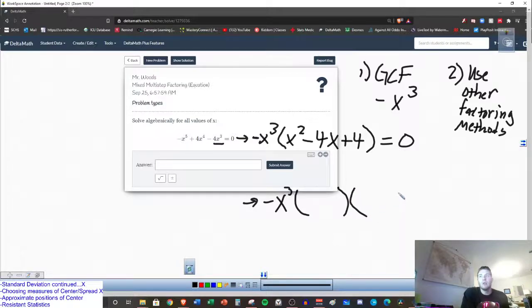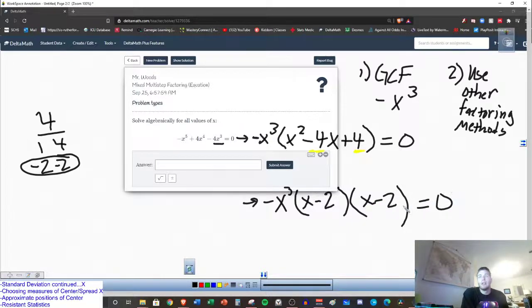So I have my 2 binomials. I take this 4 here, and I need to break it apart. What do I multiply to get this 4 that adds to get this negative 4? So I'm going to write that over here. 4 breaks into 1 and 4, 2 and 2. Well, which ones add to get the negative 4? Well, 2 and 2 add to 4, but if I make them both negative, it still satisfies that they multiply to get this, but also add to get that. So it's x minus 2